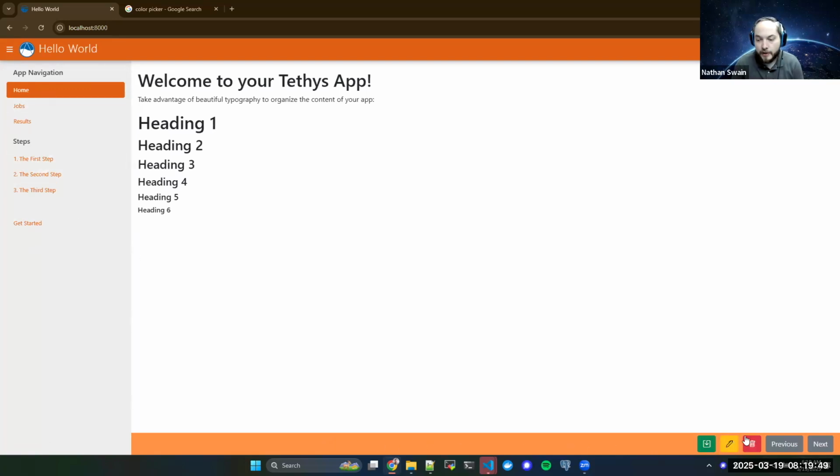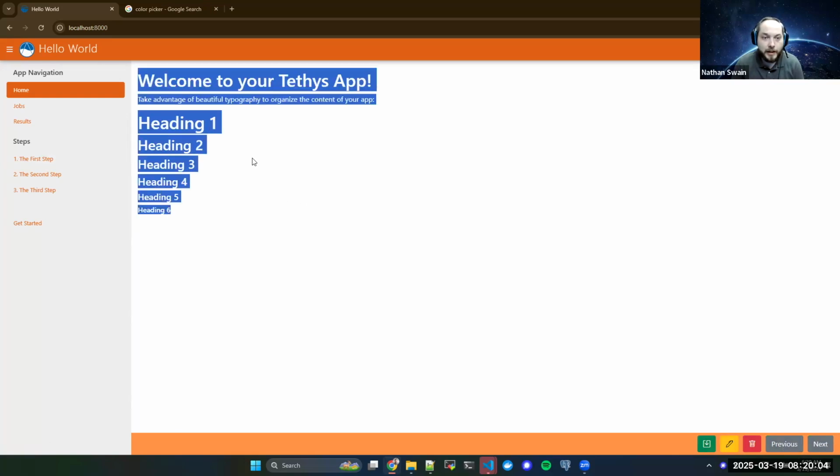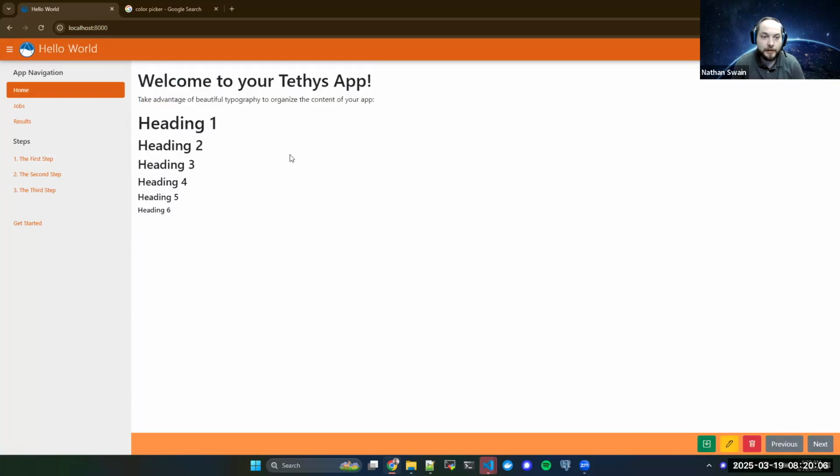And then this bottom area is what we call the app actions area. These buttons don't do anything, they're just for demonstration. But that's kind of the idea, is you put different actions of your app down here. And then you have your content area, which right now is just showing some pretty boring content,